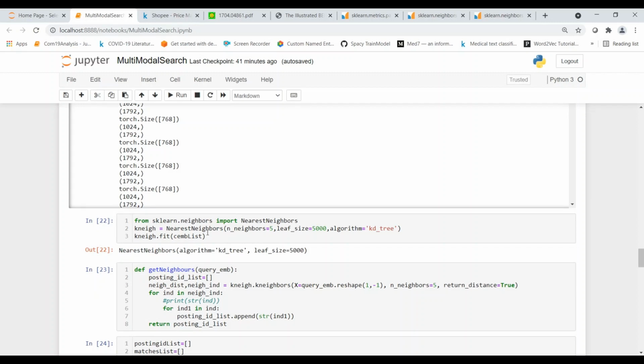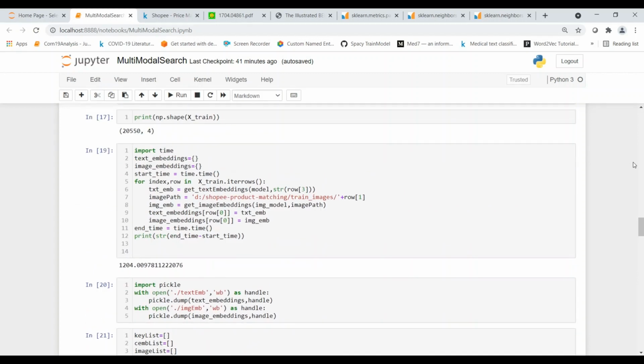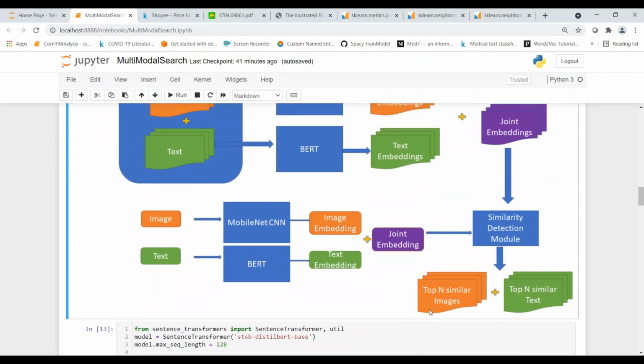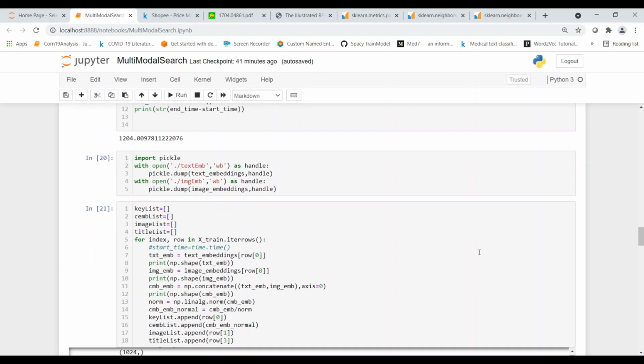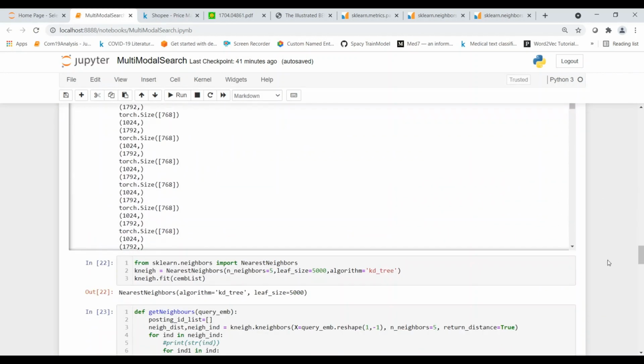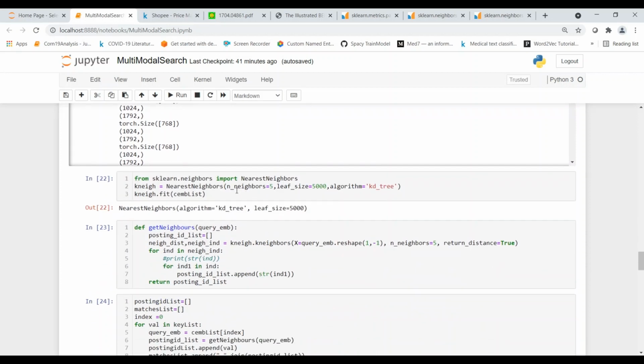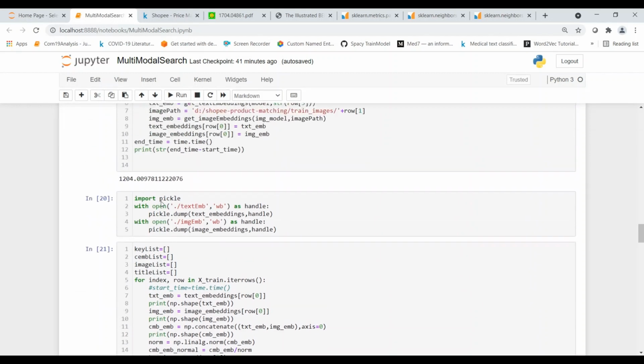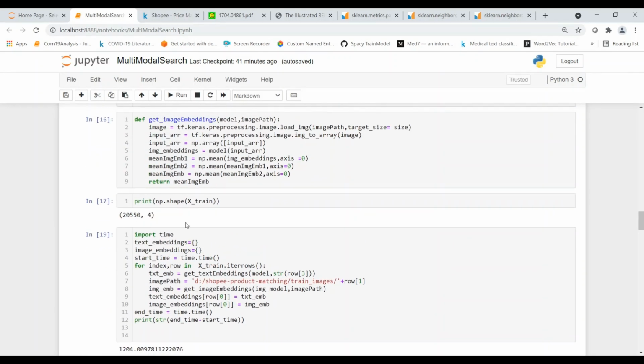So what is nearest neighbors algorithm? Suppose we want to find the top 5 similar images and their equivalent text. So we define a nearest neighbor of 5 over here. So what does nearest neighbor do? You have these 20,000 feature vectors for your train data.